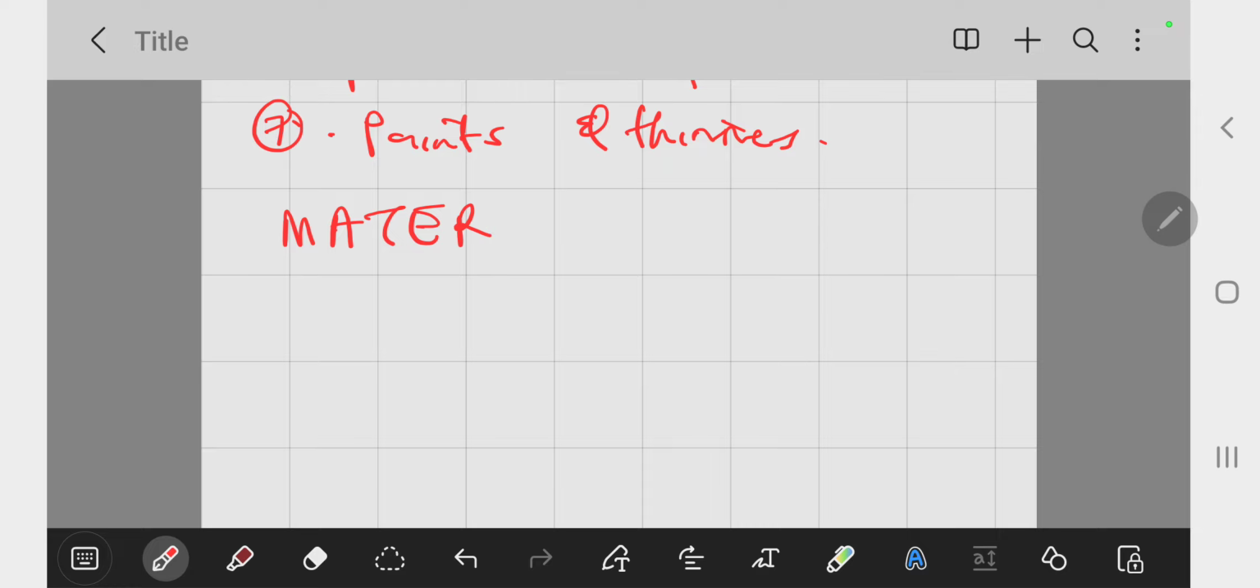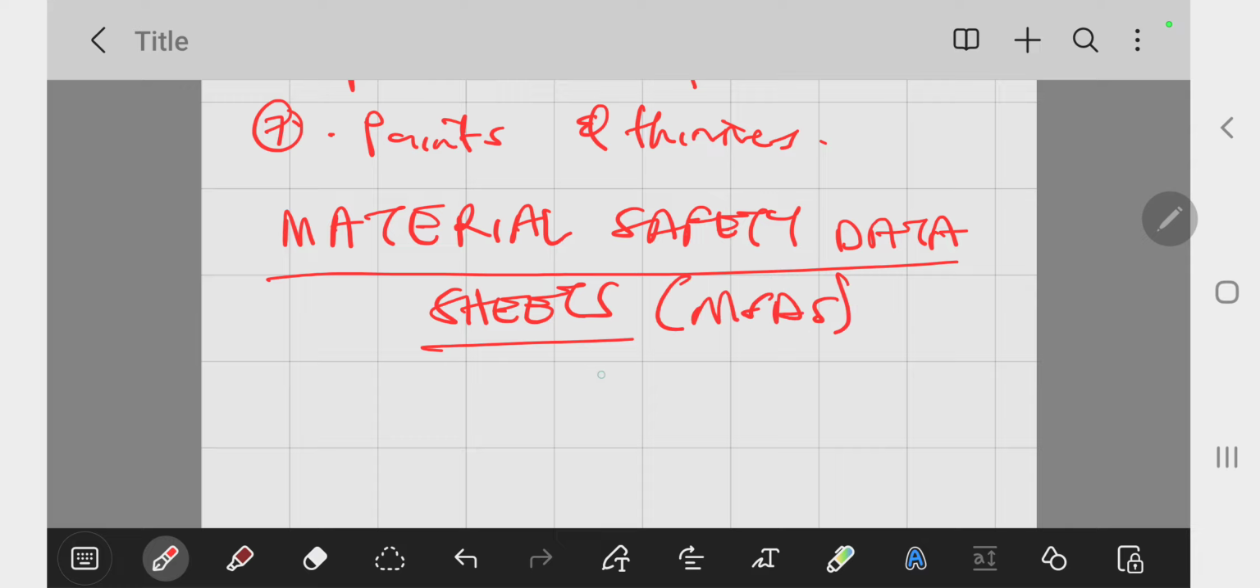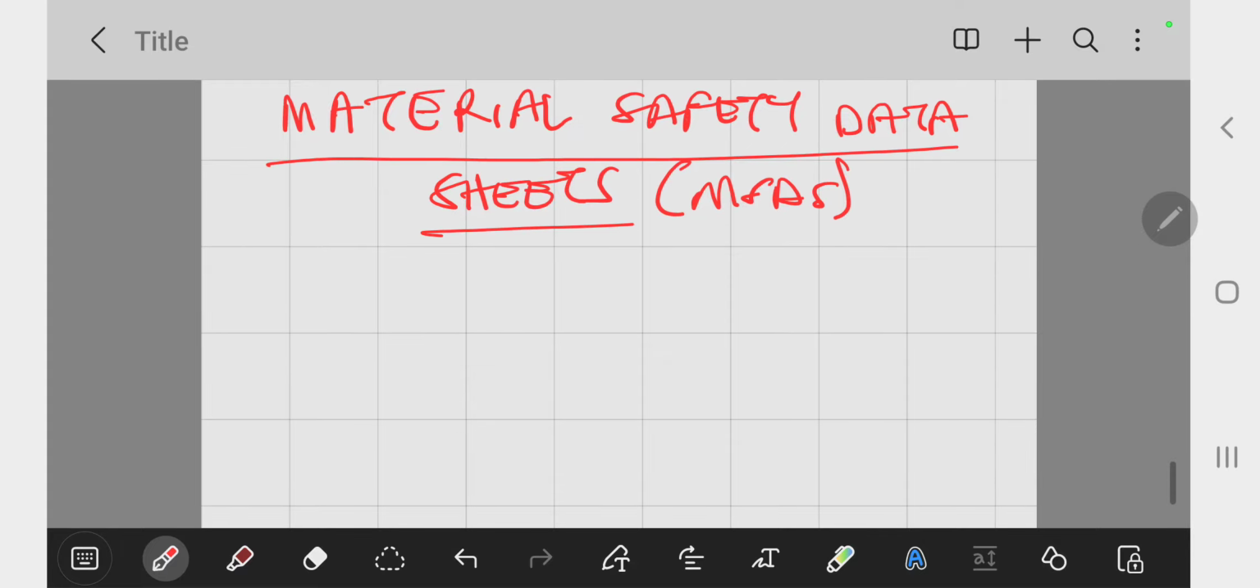Now let's say material safety data sheets, aka MSDS. So again, this is a classical exam question which you might find. I ask you to define what an MSDS is, and some of the information it contains. So now, an MSDS, material safety data sheet, it provides